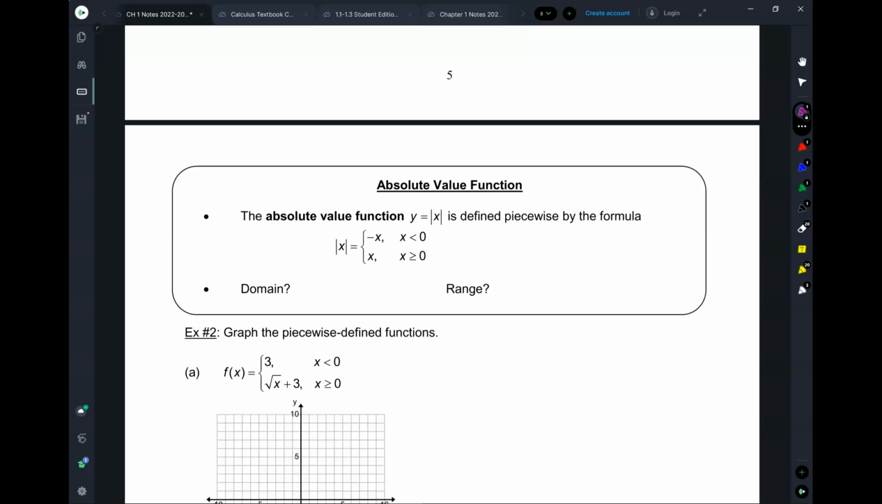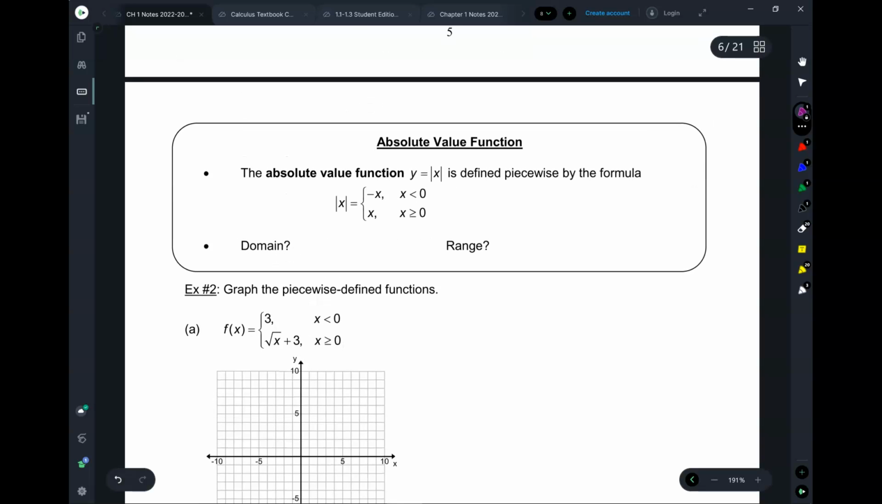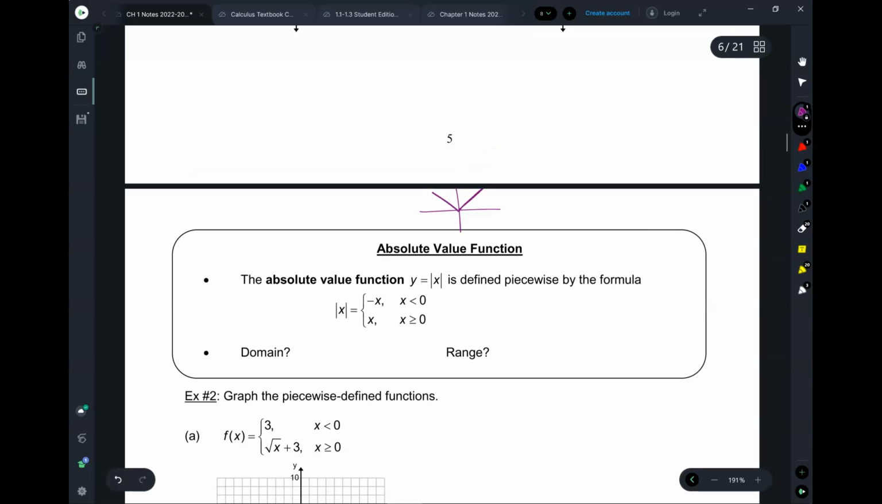Okay. Absolute value function. So y equals absolute value of x, right? We've learned that the graph of this looks like this. We learned this in algebra 1 and 2. Now, in calculus, we look at this a different way, because look,